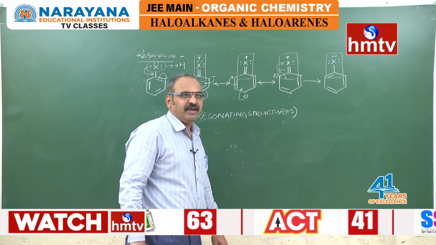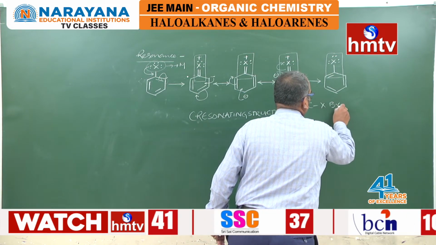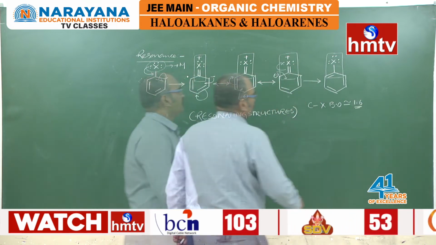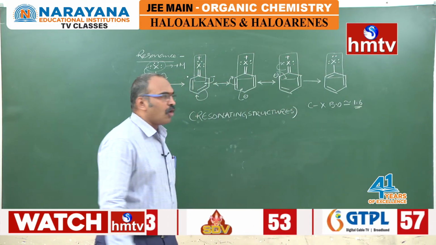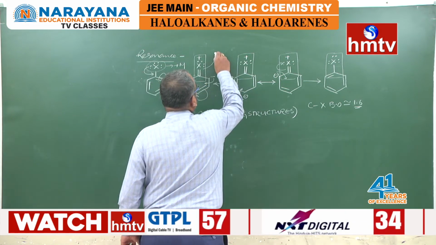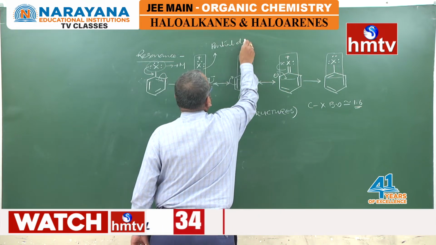So 8 by 5, the C-X bond order is approximately 1.6. So 1.6 means it's more than a single bond, less than a double bond. That's why I said that the C-X bond is acquiring partial double bond